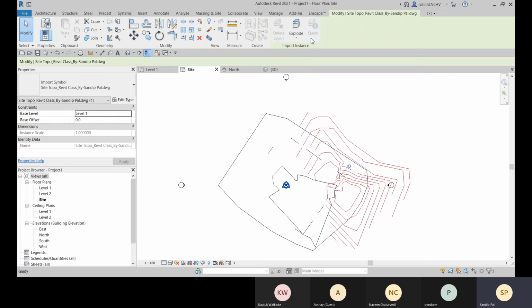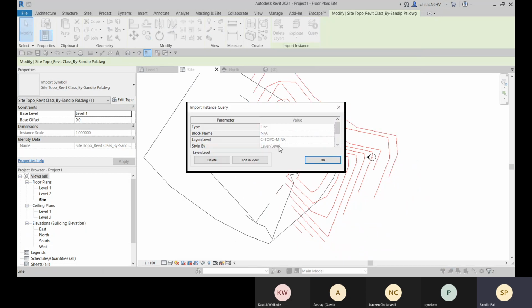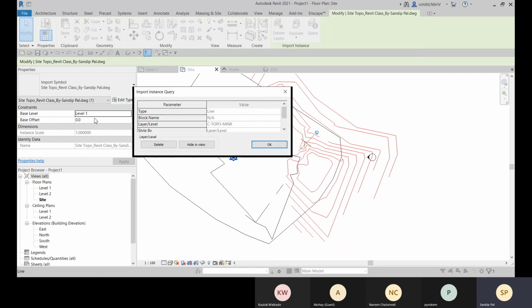And here you can go for the query and you can select this layer or this object and you can get the query like what kind of element it is. It is a line and it is created with this layer. Okay, and all these details we will find out.